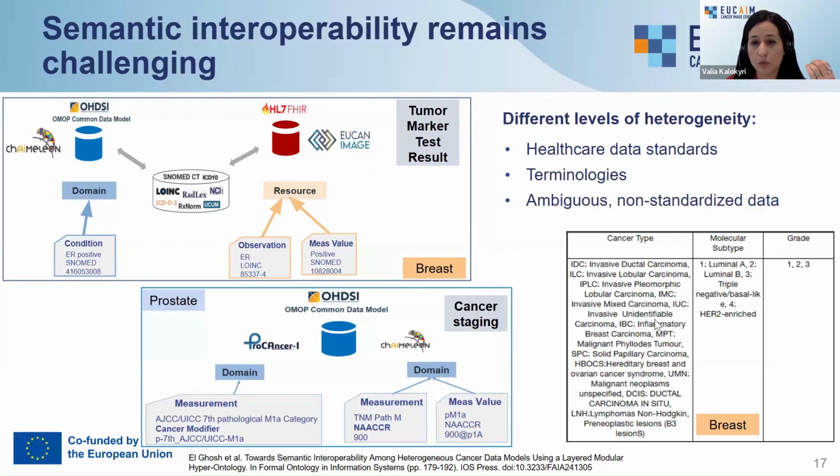Apart from this, we also found, as we said before, that some information was not standardized and as such is ambiguous. For example, in the breast scenario, the molecular subtype, for those of you that know, luminal A, luminal B, triple negative, etc., we do not have any formal representation in any standard vocabularies, but to formally describe this in our case is important for doing our analysis, querying, etc.